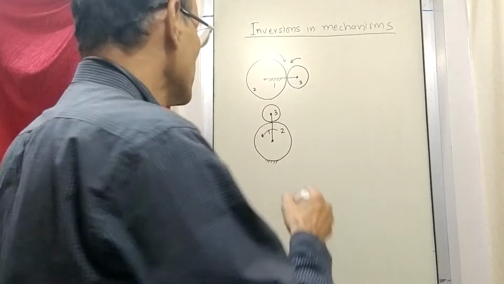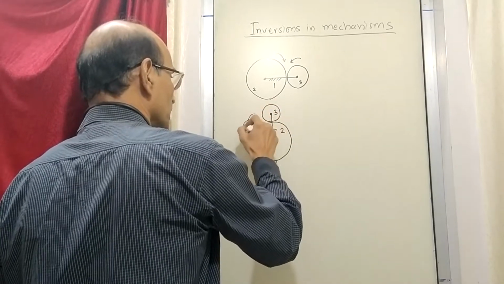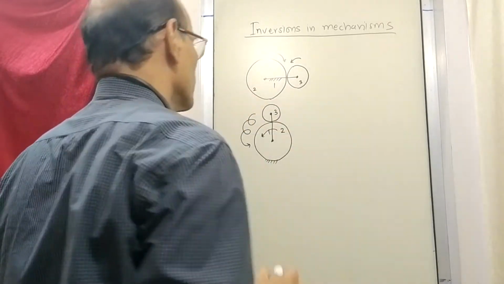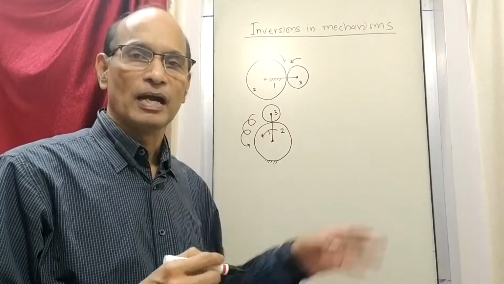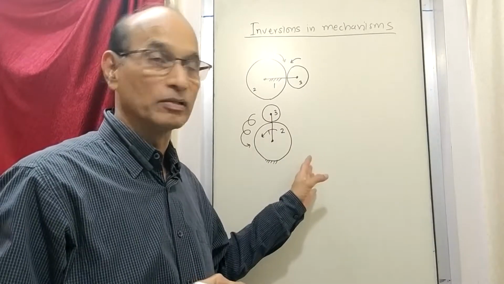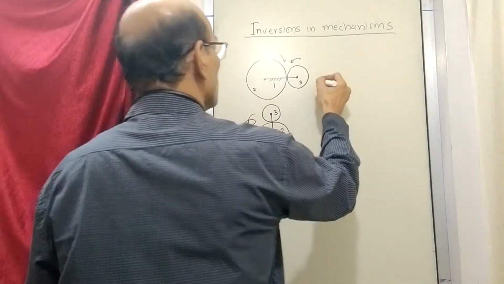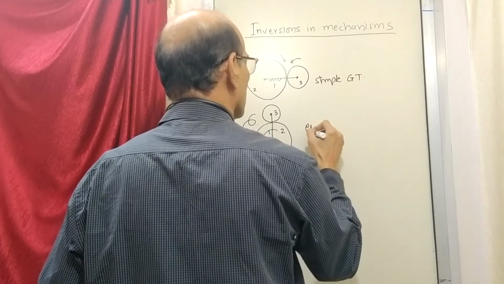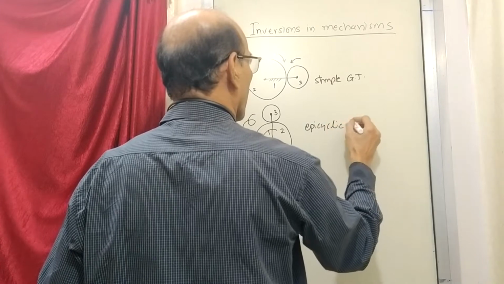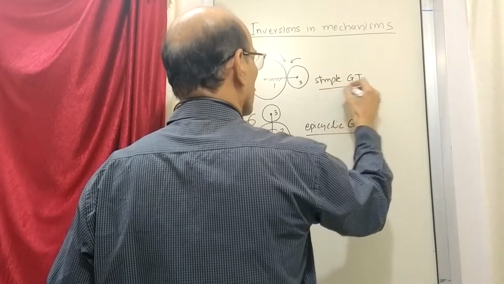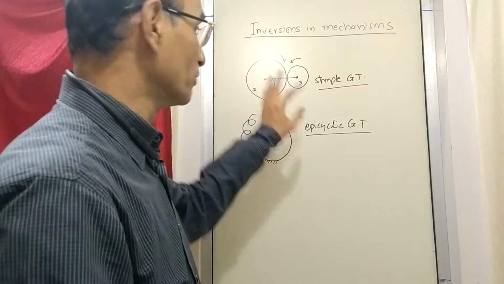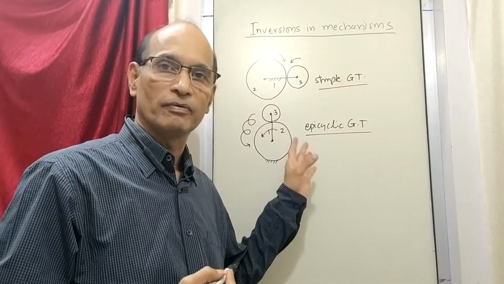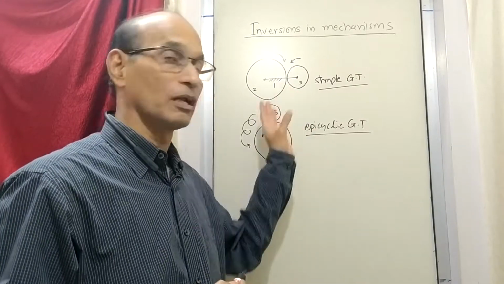As you know, what happens is, link number 3, which is a gear, starts rolling like a wheel, and then it takes one round. So you get a different kind of arrangement, and we know that this gear train is called the epicyclic gear train. So this is a simple gear train, which all of you know, and this is the epicyclic gear train. So we have got 2 different types of gear trains by fixing 2 different links of a same kinematic chain. This is nothing but a kind of inversion. So there is one inversion and another inversion, and so on.